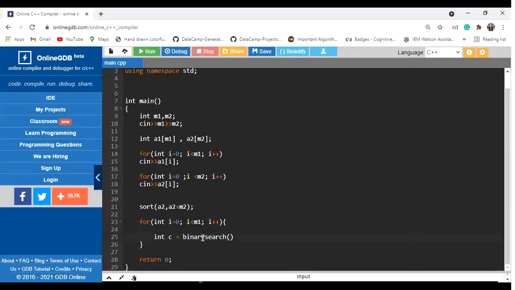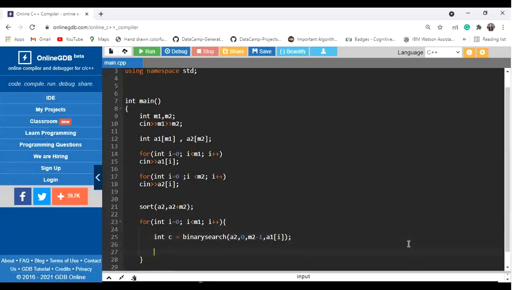So what are we going to pass to this function? A2, 0 that is the starting index, and the last index of array A2, that is M2 minus 1, and the element according to which we have to do the binary search, that is A1 of i. One by one we are going to consider each and every element of the array A1, as we have already discussed in the flow of the code.